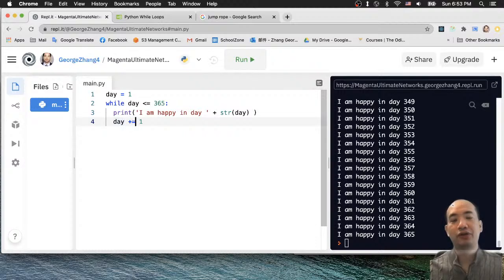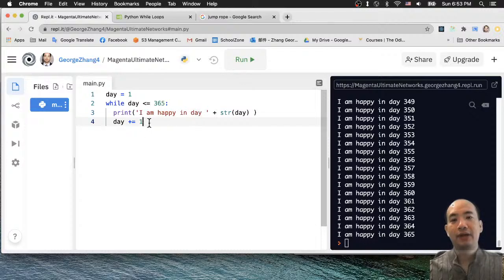It's just a shortcut, like you don't want to have the day and put it here, you just do plus and equal. In Python, there's a lot of combinations with this symbol. Doing plus equal just means day equal to day plus 1. So you can give it a try, you have to put a plus here, and it will do the same thing, with 365, and this day keeps increasing by 1 every time. All right,